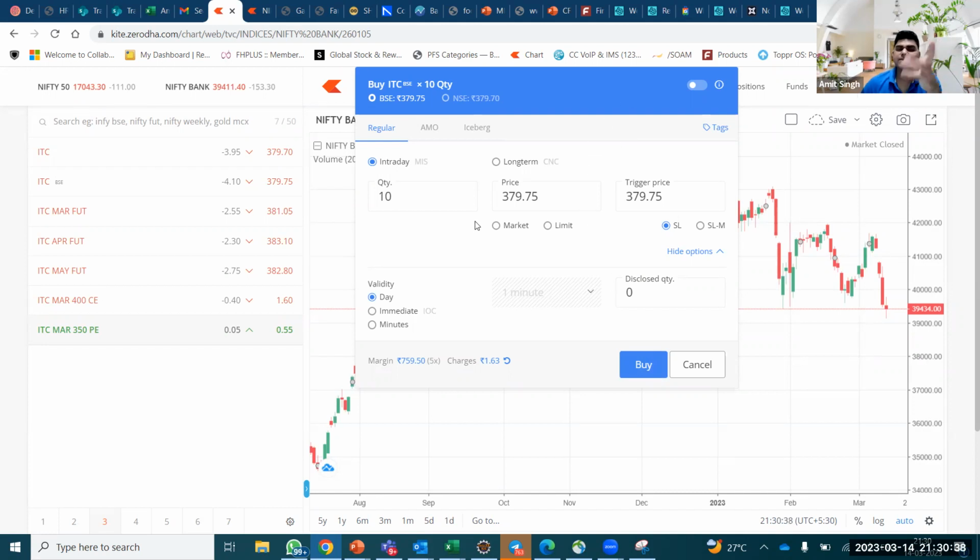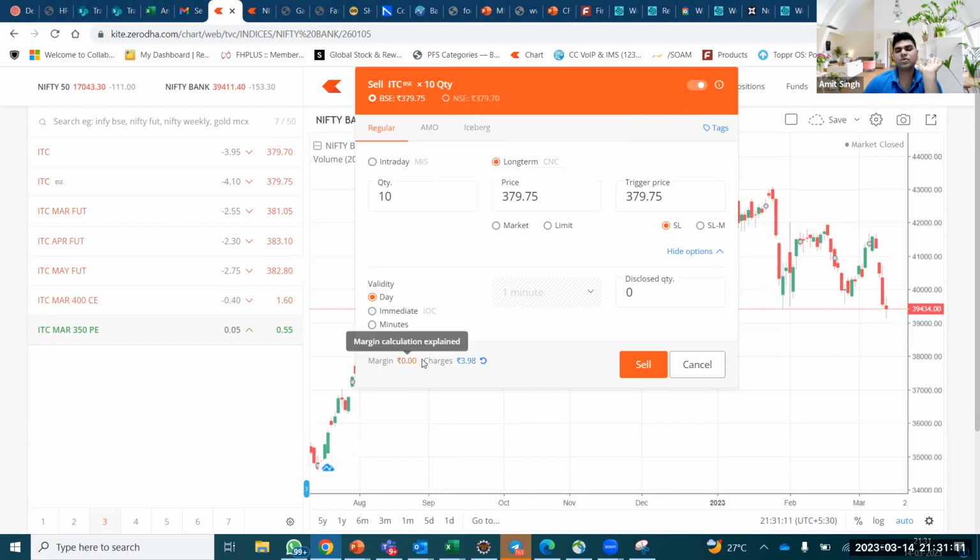Now, one person is buying. When someone is buying, someone has to sell, right or wrong? So let's say when you are trying to buy, person X is trying to buy the stock, person Y is trying to sell the stock. And the seller is also not having any stocks prior to that, right? In that case, if the person wants to sell the stock and make money because he thinks the stock is going to go down, then he can do this trading only in intraday. You cannot take this trade in long term.